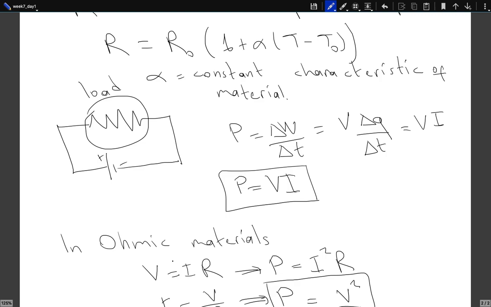But in any case, you provide power. Most of it will be converted into heat. There is nothing much you can do about that. But heat will melt your equipment. So what you want is,